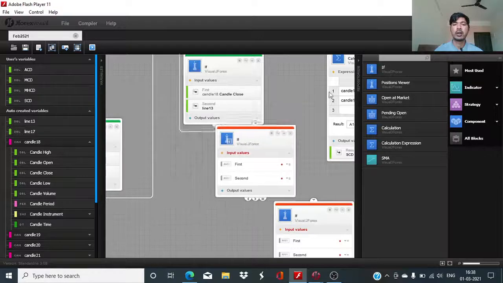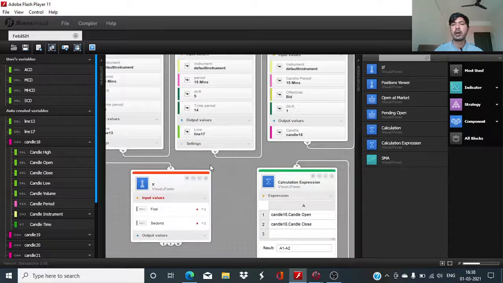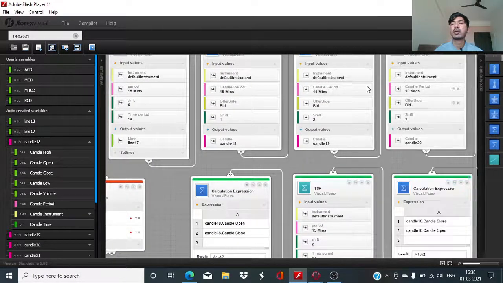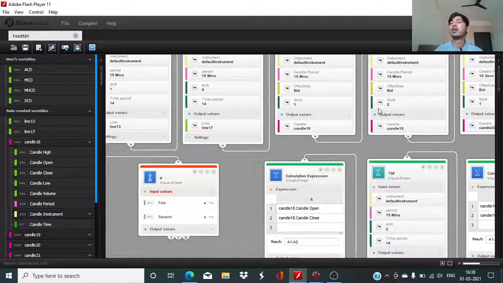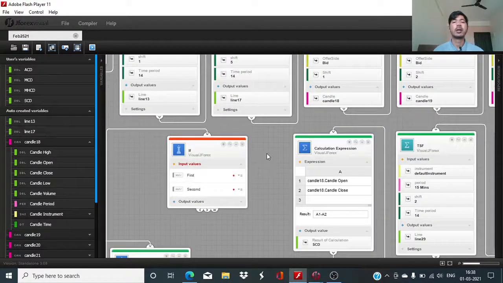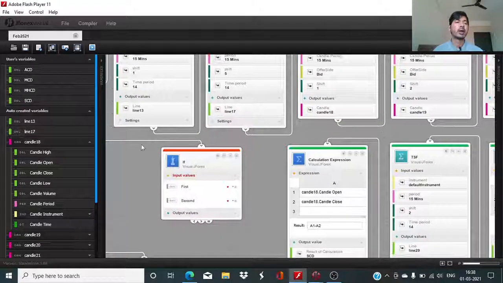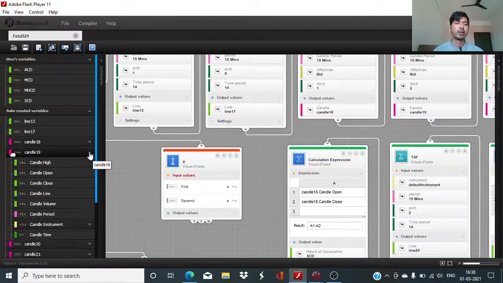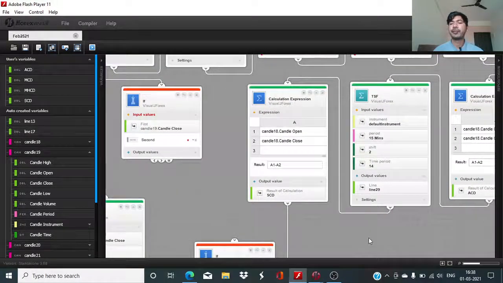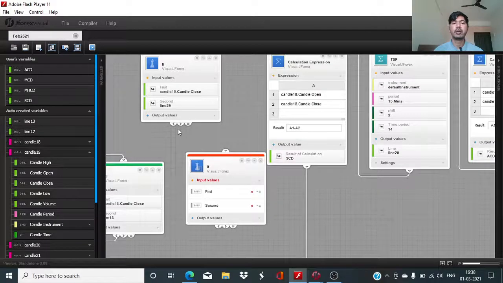First input less than second input, and we want candle 19, which is the penultimate candle, to have closed above the TSF value, time series forecast value, for that point in time, which is line 29. Candle 19's closing value needs to be greater than line 29,